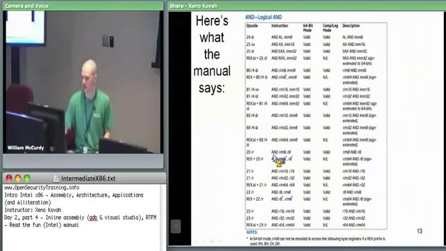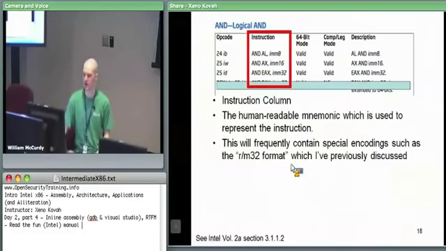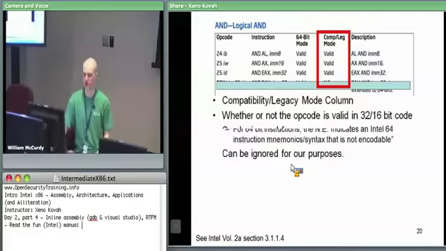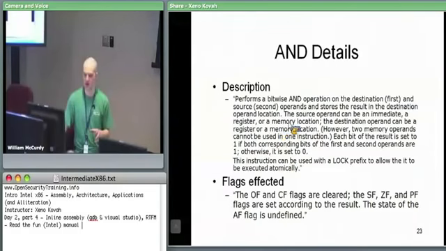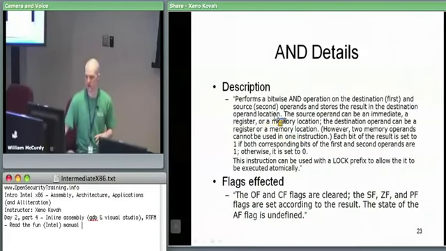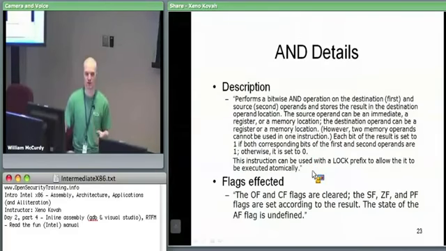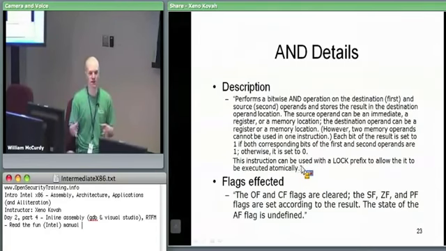So anyways, after that table in the first part of looking at the manual, there'll typically be a description which explains the exact details of the instruction, any caveats, etc. It'll say, for instance, maybe this can or can't be used with the lock prefix. We didn't talk about the lock prefix, but it's basically just a way to lock down the memory bus